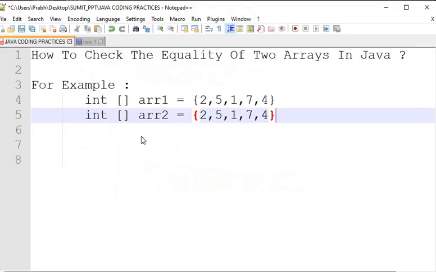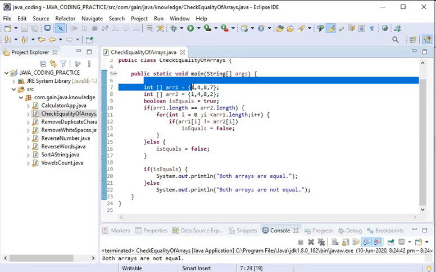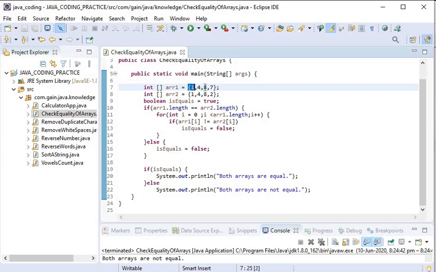There is another approach to check the equality of two arrays, that is the inbuilt method, the Arrays.equals method. Sometimes an array's length will be large and it contains 1000 elements in one array and 1000 elements in the second array. Then it will take more time to iterate one by one. So we can use the Arrays inbuilt method.